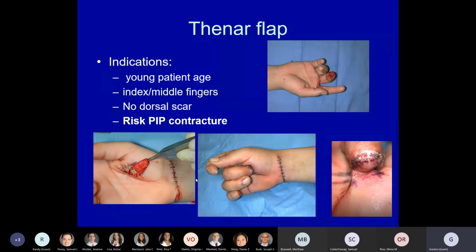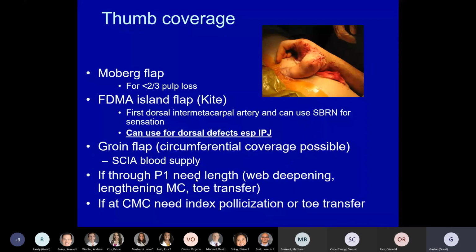Advantages versus cross finger flaps is there's no dorsal scar. And again, the number one complication is a PIP flexion contracture. Thumb coverage. I already told you, look for a Moberg flap for anything transverse or palmar, unless it's less than